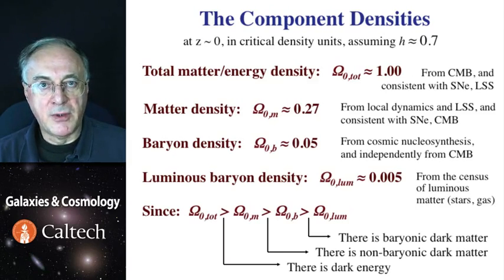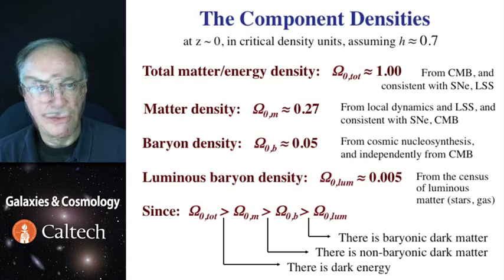We know, largely from the precision measurements of the cosmic microwave background, that the universe is very close to flat, if not absolutely flat. That is, that omega total is equal to 1. The total matter energy density is exactly equal to critical within some very small deviation. We also know from dynamical measurements and microwave background, and to some extent supernovae and other reasons, that the density parameter of all matter in the universe that exercises gravity is about 0.27.